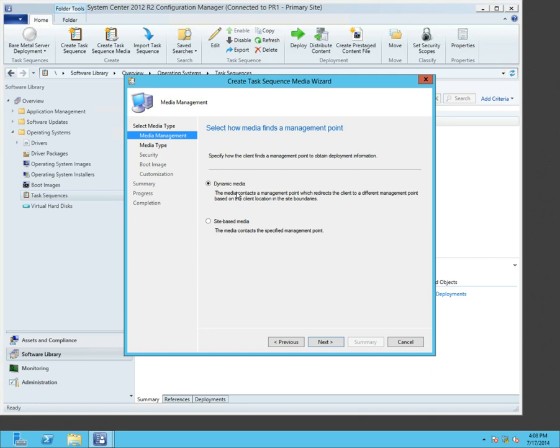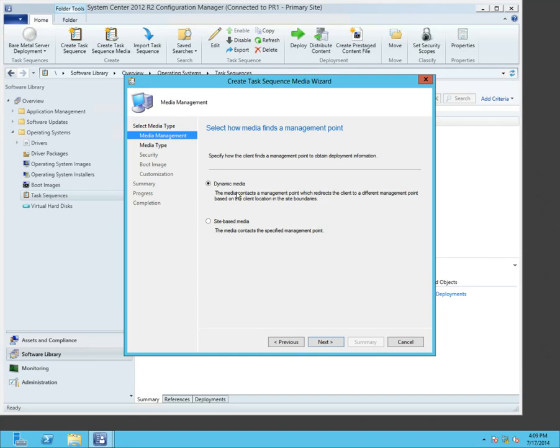One thing to understand, the key thing to understand with dynamic media versus standalone or static: if you use dynamic media, you must have your boundaries in order. Because the first thing dynamic media does as it boots is it's going to go look and try to figure out what site the client that you're on is really supposed to be a part of and associate it with that site and start to factor that in. Whereas with static media, it doesn't matter. We don't care about boundaries. So even if you're good with your boundaries, you could come up with a situation where a system has problems with dynamic media just because maybe the boundaries are not totally configured right. Whereas static media, it works just the same as it did in